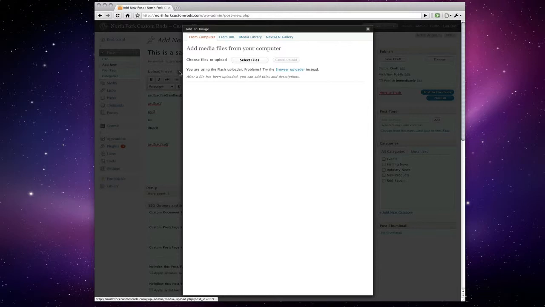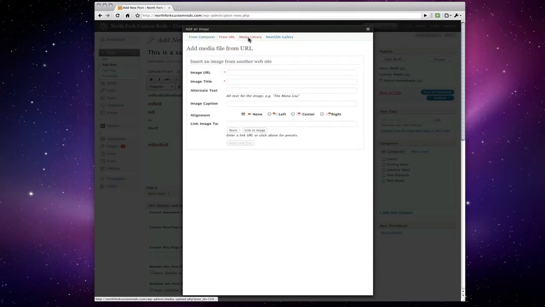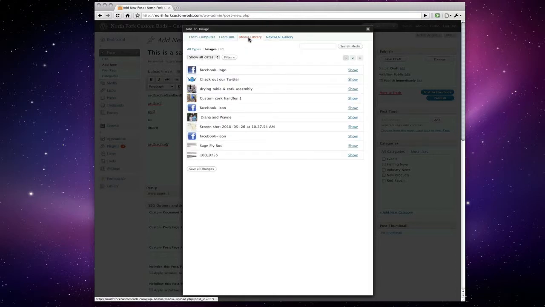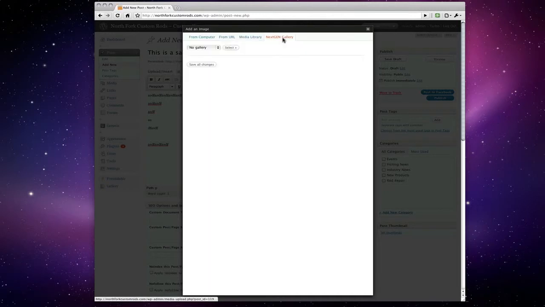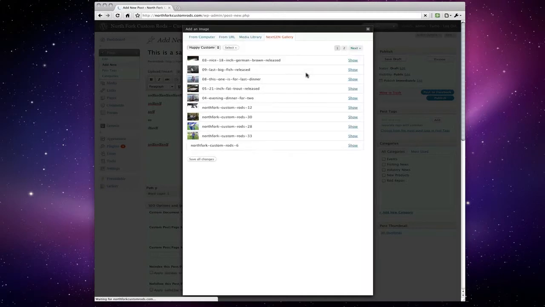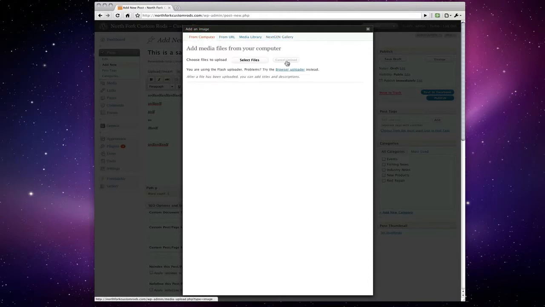And you have a couple options of where you can get your images from. The first one that's tabbed here is from your computer, where you can select files and navigate to your pictures or your desktop; from a URL if you happen to know the web address to a picture; something that's already in the media library of your WordPress installation; or if you happen to have a gallery installed like I do here, you could select one of the pictures out of here. But I'm going to go to from the computer, and we'll select a file,